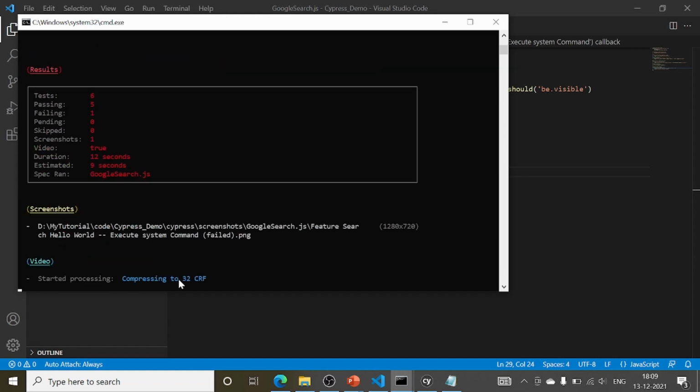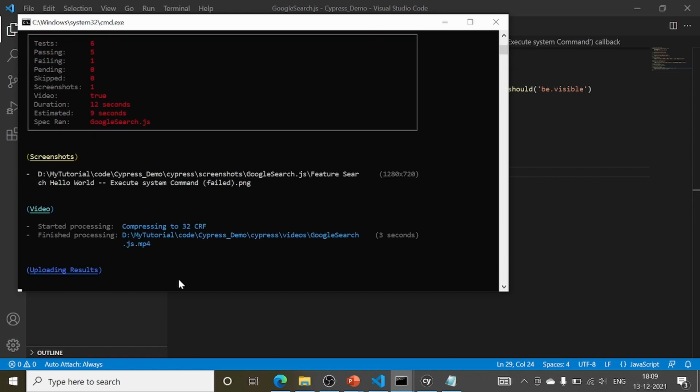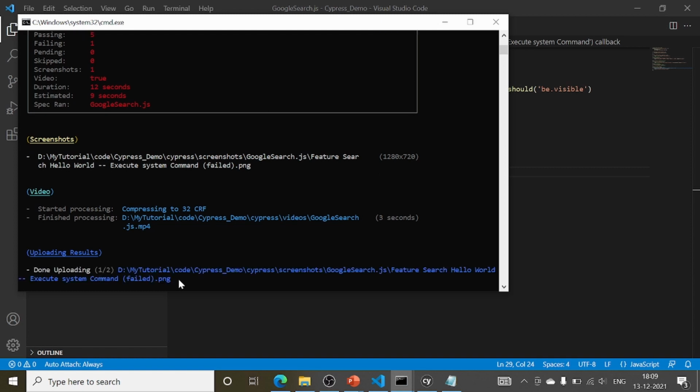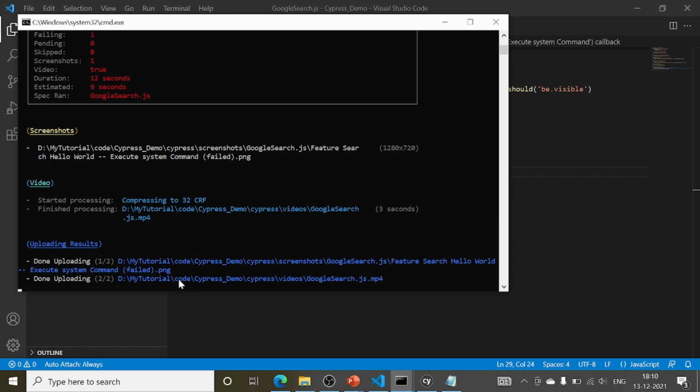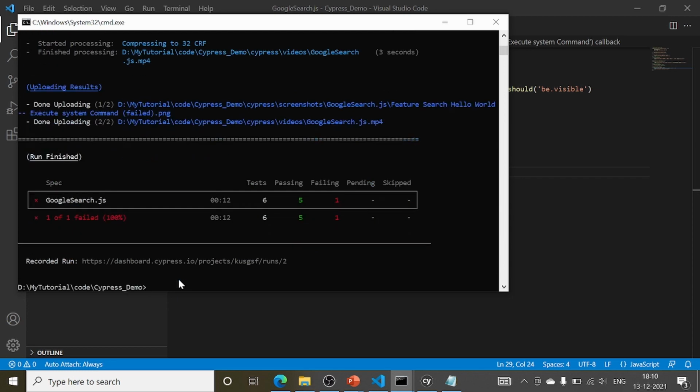As you can see, out of 6 test cases, 5 are passed and 1 is failed. Now it is uploading the results. This time you will see the passing count is 5 and the failed count is 1.